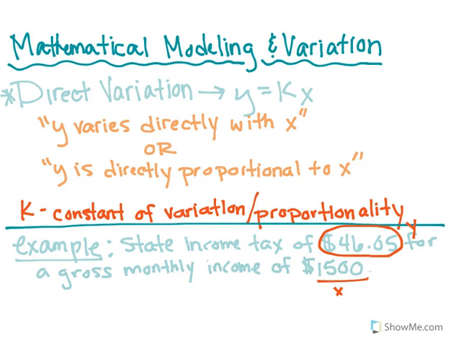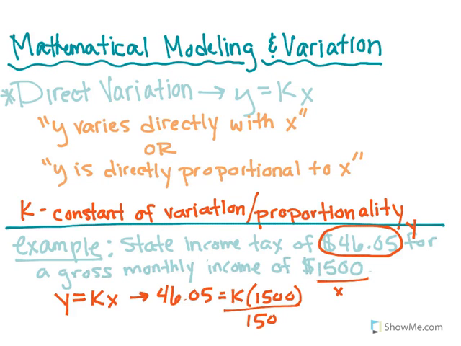To set this up, first of all, my function should look like y equals kx. Since I have an x and a y, I'm going to plug them into my function. So this is going to look like 46.05 equals k times 1,500, or 1,500k. So the question is, can we solve for the constant of variation? And the answer, of course, is yes. We're going to divide both sides by 1,500. Those will cancel, and I am left with k being equal to